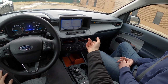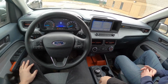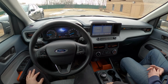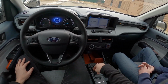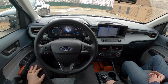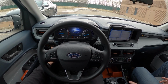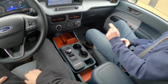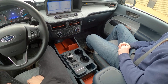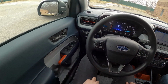Yep. You have climate control controls, USB ports, physical buttons for different drive modes, which you probably don't really even need that often. No. There's just a few of them. I've used tow mode, I've used slippery mode before, and people say if you were in a really tough situation, they would help. You can turn your stop-start off. That is a small complaint. You can't turn stability control all the way off, only traction control. That's right, okay. You probably pull a fuse. Fords always have little fuses that you can pull out and hoon a bit, but...